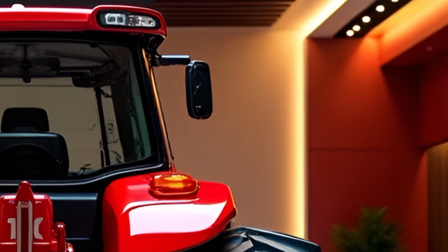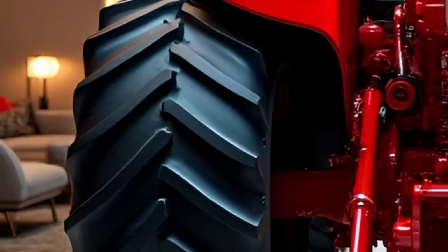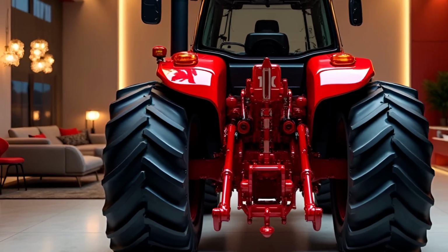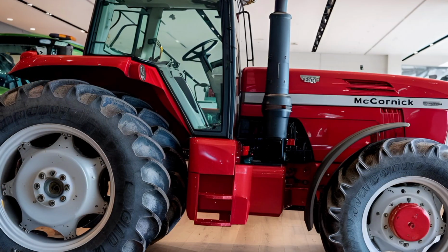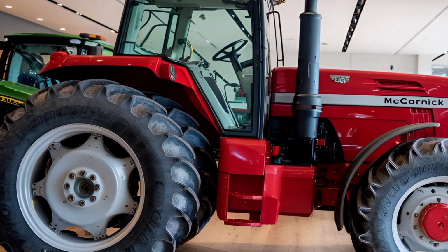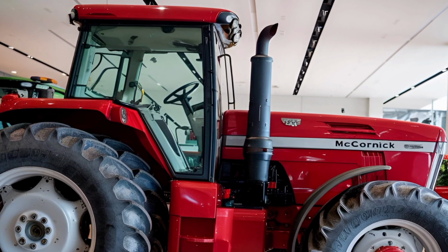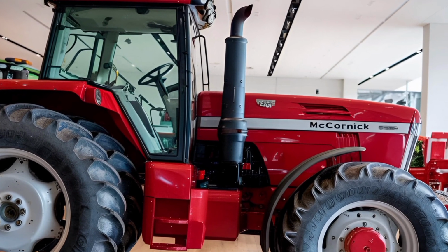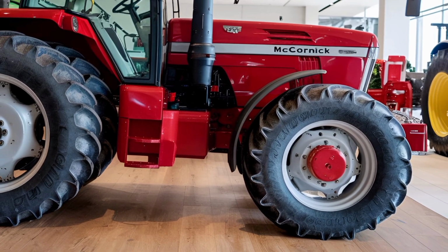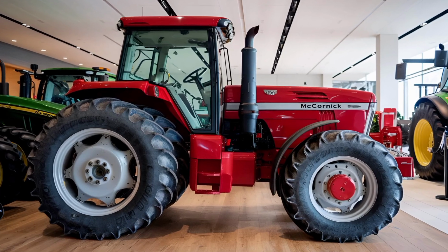For those concerned about sustainability, the McCormick 2025 tractor incorporates eco-friendly technology designed to reduce emissions and minimize the environmental impact. The engine complies with the latest emission standards, demonstrating McCormick's commitment to a greener future. In terms of customization, McCormick offers a variety of attachments and implements that can be easily integrated into the 2025 model. This flexibility allows operators to tailor the tractor to their specific needs, making it a versatile choice for different